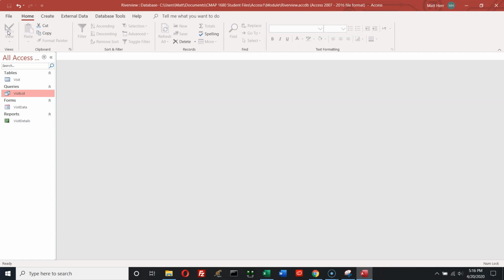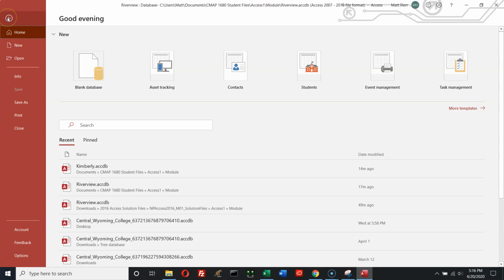So on page 43, what we're going to do is compact things. So what this does is it takes any area within your database that could be saved, in other words, it's like blank spaces on the computer, and puts it all right next to one another. So if you click on File,